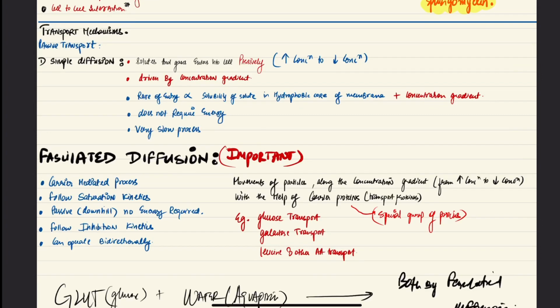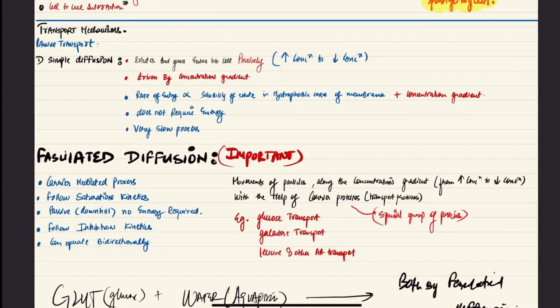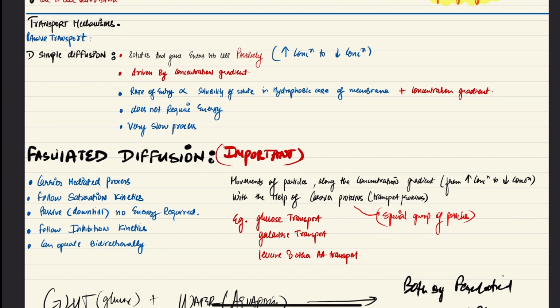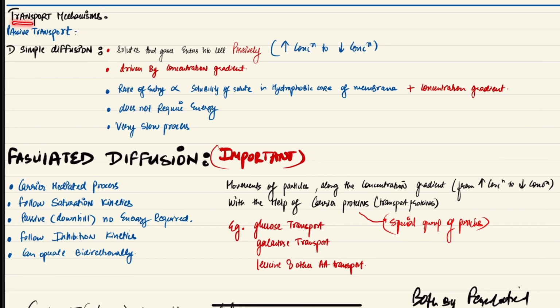So now we'll discuss what are the different types of transport mechanism. As you already know, what is transport mechanism? They are the ways by which substances can be transferred from one place to another. Let's see what are the different types of transport mechanisms. First, we'll discuss passive transport,